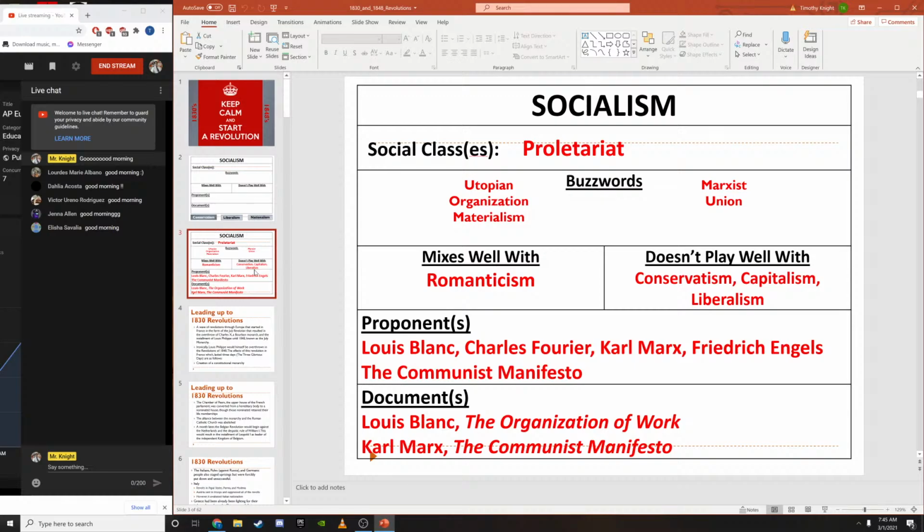I don't want to confuse you too much, because if we're looking at a political spectrum, socialism falls on the left side of things. And I've already told you that peasants a lot of times fall on the right side of things. Peasants tend to be pretty conservative, all right? So how come then that not all of them are? Well, we usually think of socialism as dealing with urban workers rather than peasants. Peasants tend to be more conservative